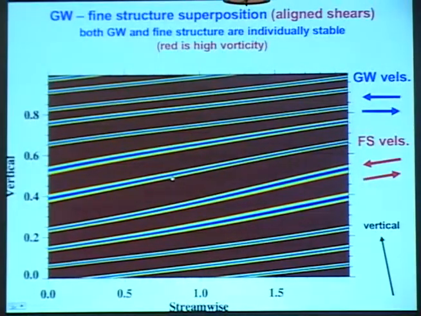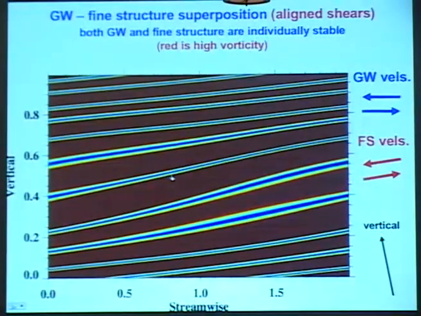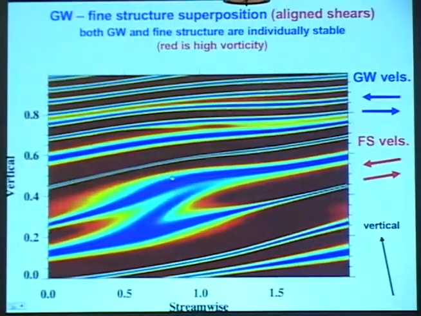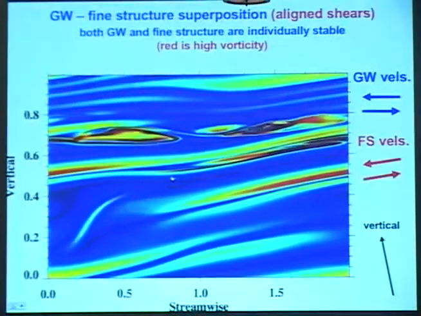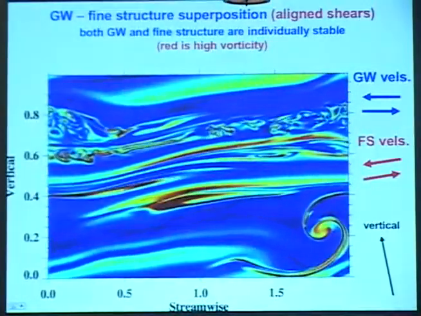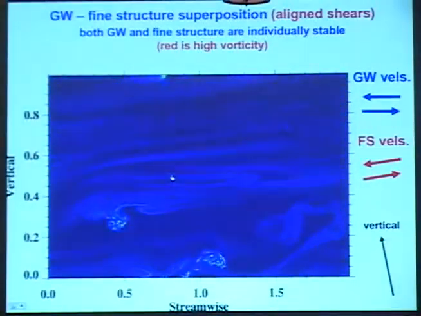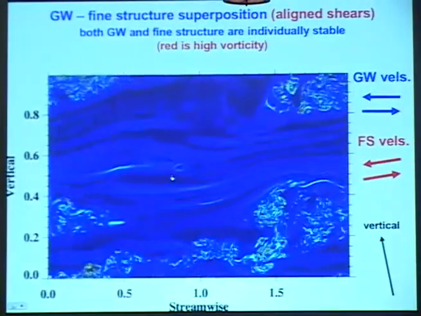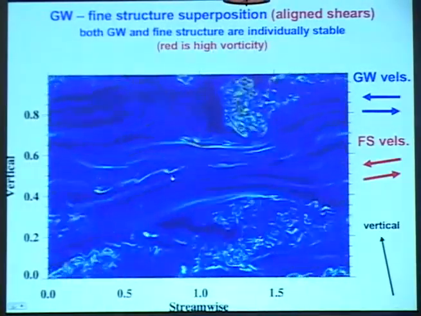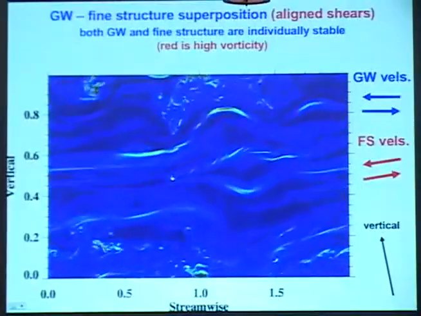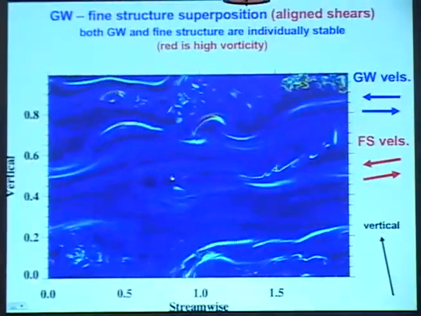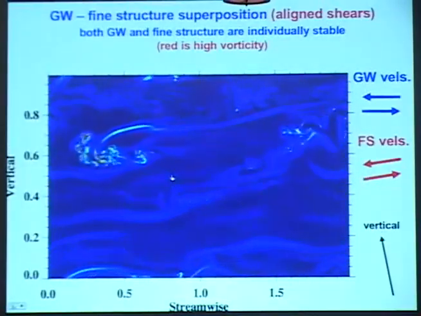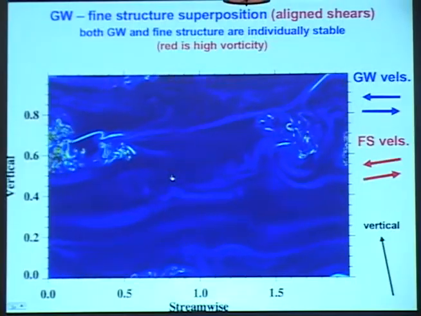The primary initial response is apparently the distortion of the small scale structure by the larger scale gravity wave. But as it evolves quickly here, you'll see that in certain regions, it relatively rapidly transitions to instability, and then it follows a progression to finer and finer scales and more complexity with time. We can also look at the flow and see local signatures of instability. Here, for example, you see what looks like a gravity wave breaking at larger scales, but now it's at relatively small scales within this larger scale environment.